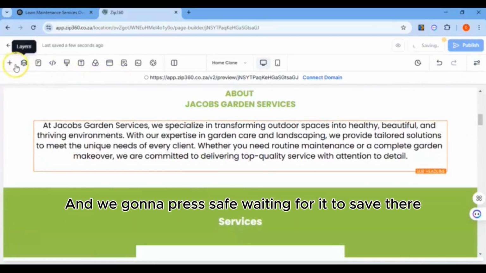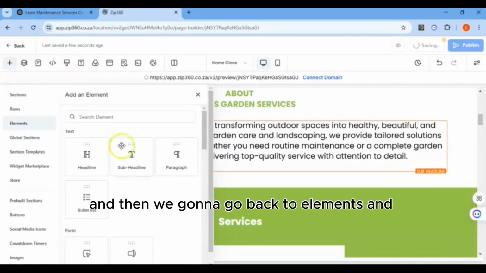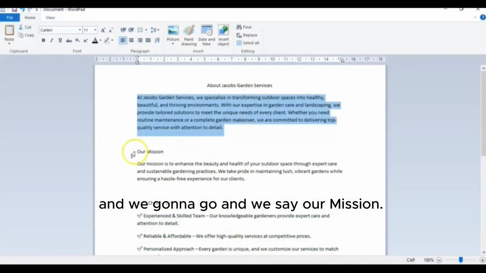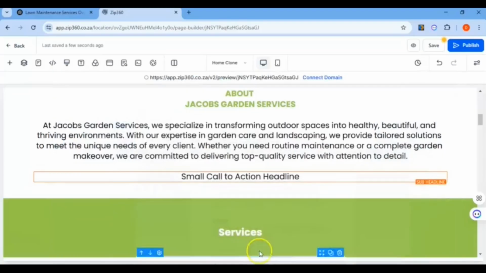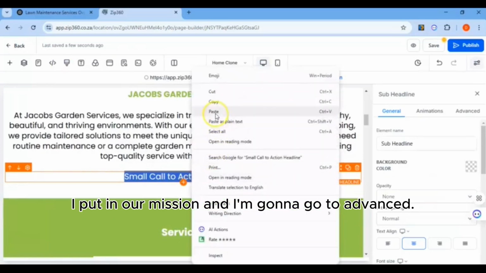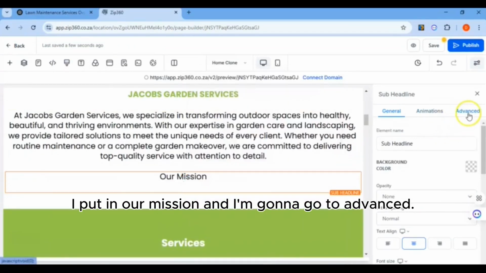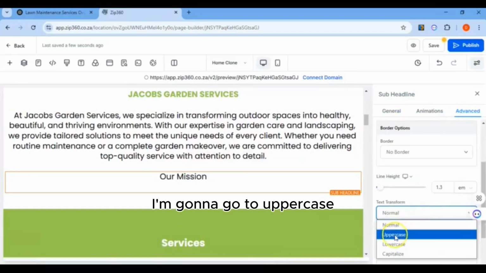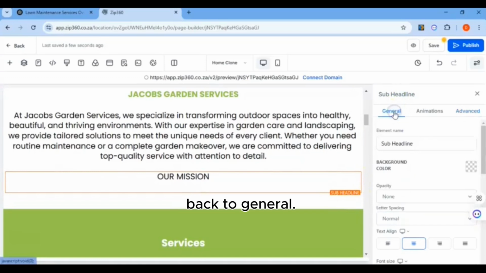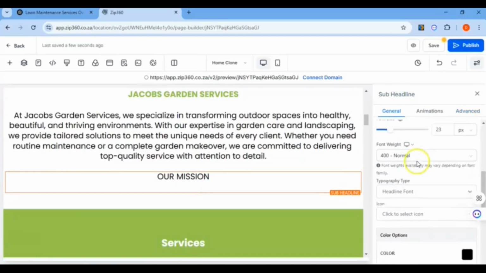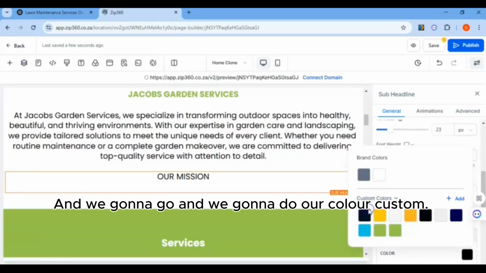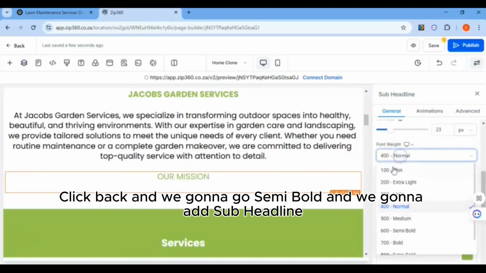Waiting for it to save there, and then we're going to go back to elements. We're going to grab another subheadline, and we say our mission. I put in our mission, and I'm going to go to advanced. I'm going to go to uppercase, back to general, and then we're going to do our color, custom, click back, and we're going to